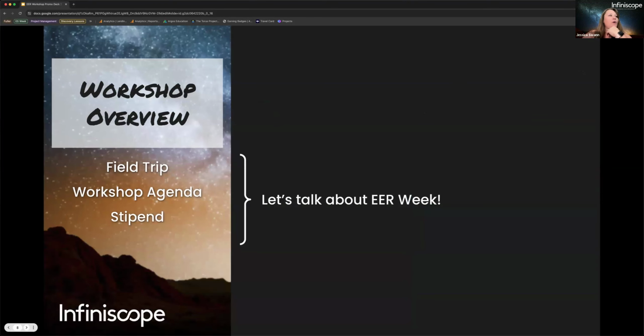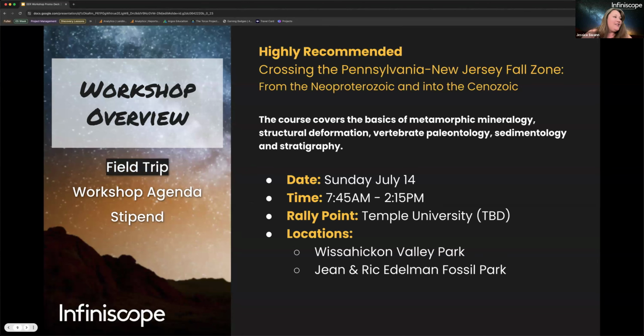And what I want to do is a quick overview of the workshop itself. There are three major parts. There is a pre-rendezvous field trip that is super advantageous. If you take advantage of the field trip, then you are already creating media, something that you can build your virtual field trip around when we do the workshop. We highly recommend that you use this because then you'll have media that's available. I will be present at the field trip. I will be taking some 360 panos during the field trip, so that media will be available. I'll also take my own photos and videos to make available to those who participate in the workshop.